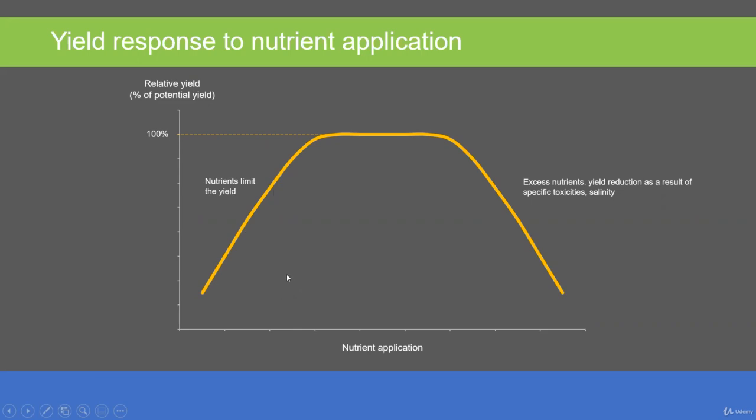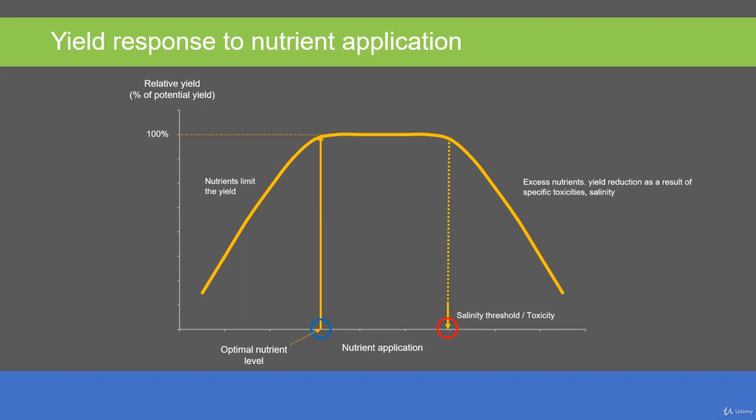As much as we provide more nutrients, yield increases up to a certain point. From this point onwards, any addition of nutrients will not increase the yield, as we can see over here, the plateau. And then we have the salinity or toxicity threshold. That means that excess of nutrients or elements will result in yield reduction due to specific toxicities of